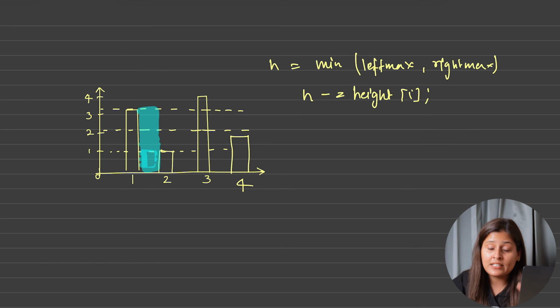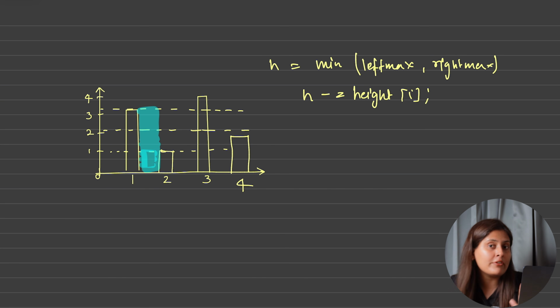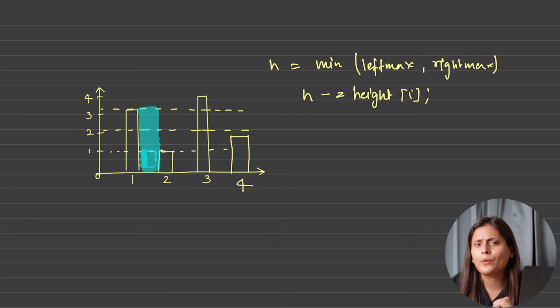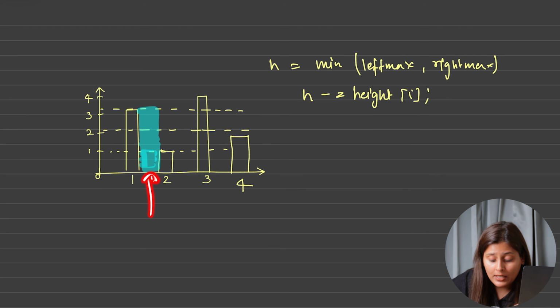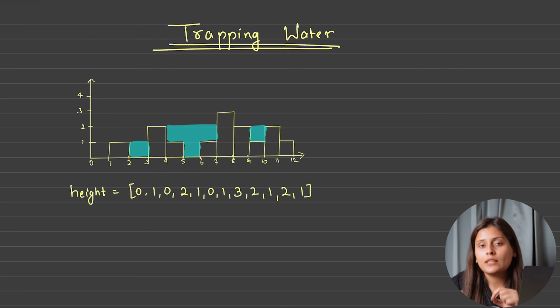Why am I saying height is only the area? Because width is always 1. So height into width will always be equal to height. So in this way we can always calculate what amount of water the particular index can hold. For every index you want the left maximum height also and the right maximum height also. Then only you can calculate the maximum area for that index. Correct? Now you tell me, how can you calculate the left maximum height and the right maximum height?